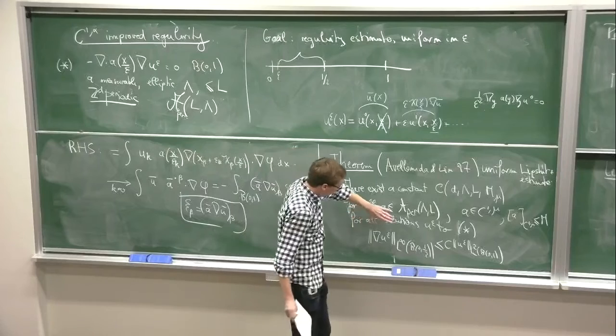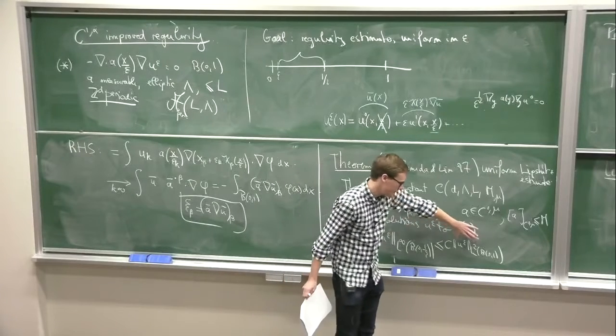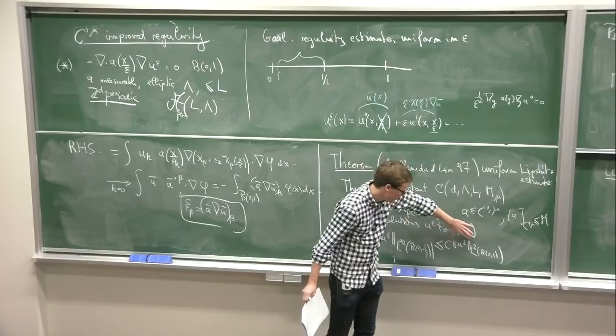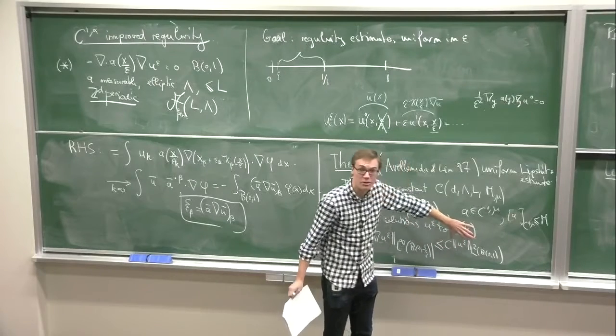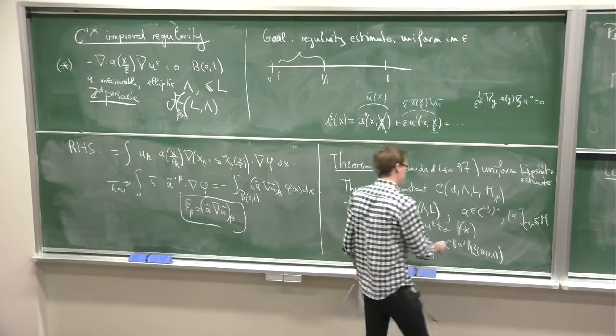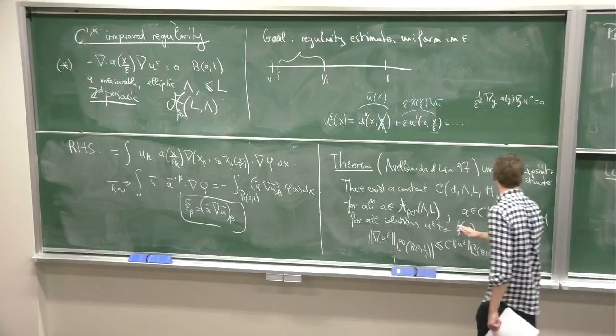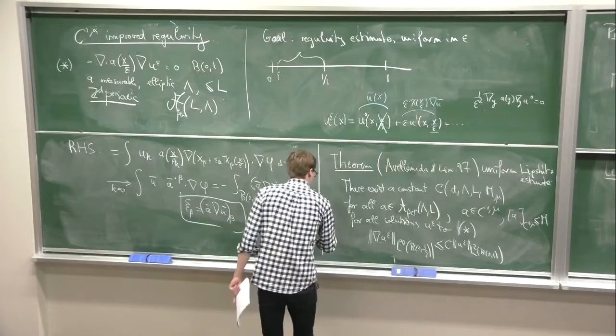So I have a control of the Lipschitz norm of u_epsilon in the smaller ball by the L2 norm of u_epsilon in a bigger ball. And this is uniform in epsilon. So for all epsilon,